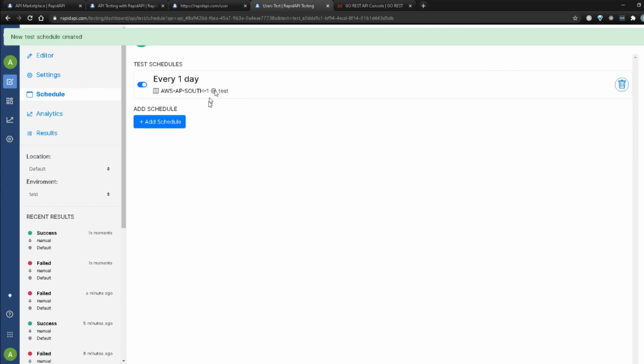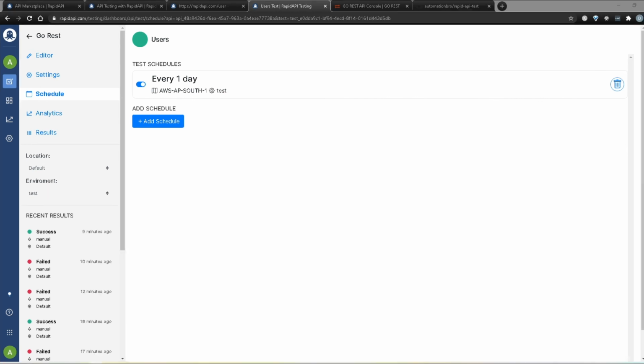So now I have a test schedule, which will basically run in 24 hours and it will run in that particular environment. So that's pretty cool, right? So we can actually schedule our API test that way so that it's running every day or every whatever schedule time that you fixed over here. And it will just run it and you don't have to set up some cron job or something because this tool is actually doing all of this thing for you.